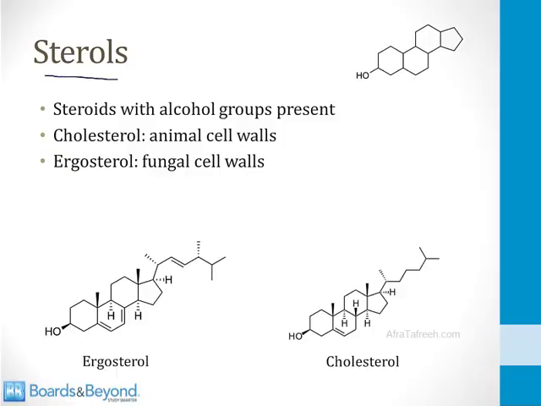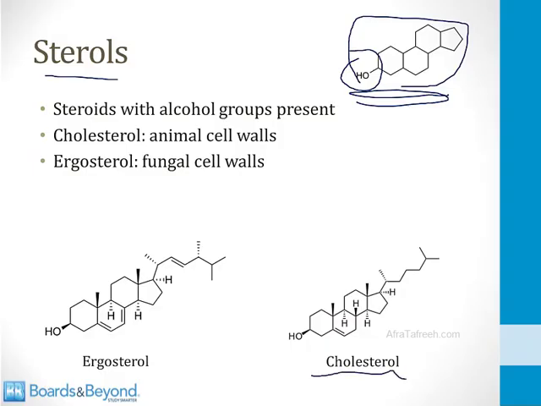Sterols are steroid molecules with an alcohol group attached. This is a picture of one over here in the top right. It's got this alcohol group right here attached to a steroid molecule of rings. And there's one sterol that you know very well, and that's cholesterol, which is in the cell membrane of human and animal cells. What fungi use in their cell membrane is a sterol called ergosterol, and ergosterol looks like this down here. And you can see it has a very similar structure to cholesterol, but does have some important